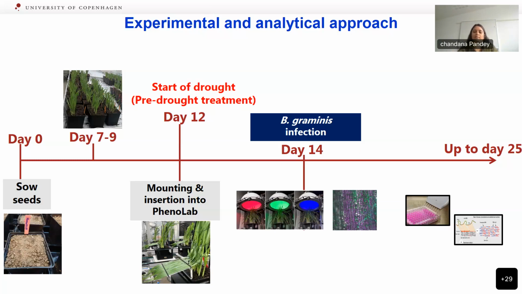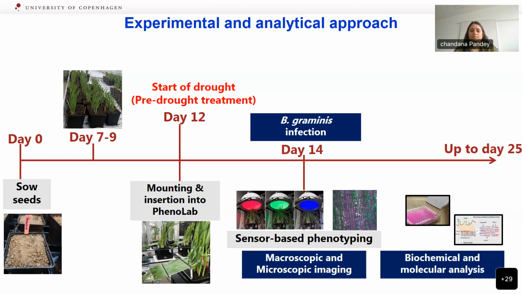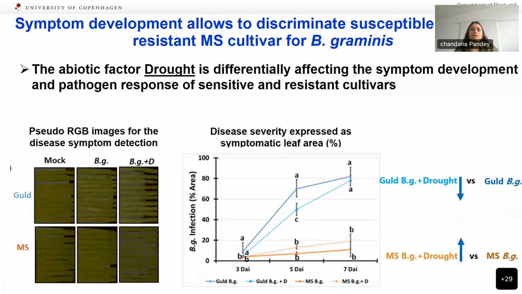And for the phenolab analysis, we have analyzed the data two times each day. So the reflectance and the fluorescence values we have for 8 hours and 24 hours. So that was very nice to have the automatic system. Now comes the result part, and here what we see is that the symptom development allowed us to discriminate the